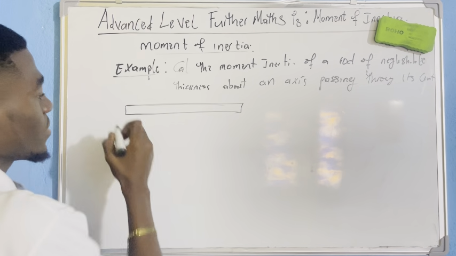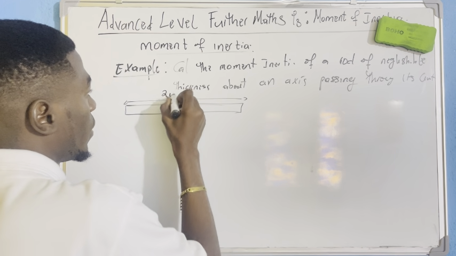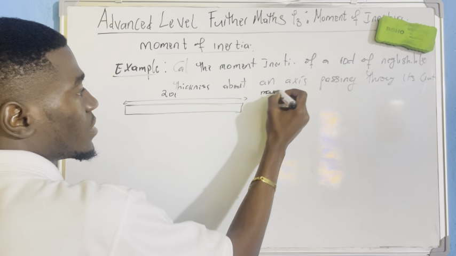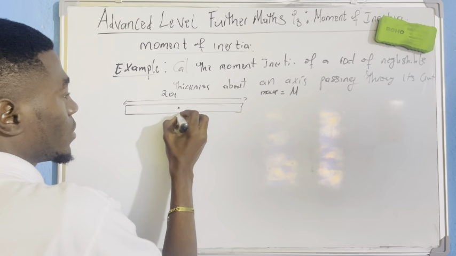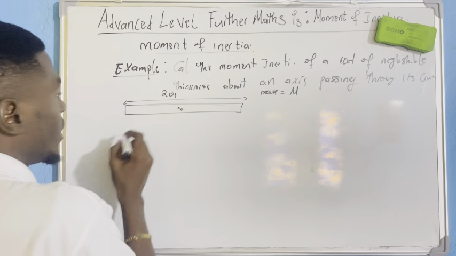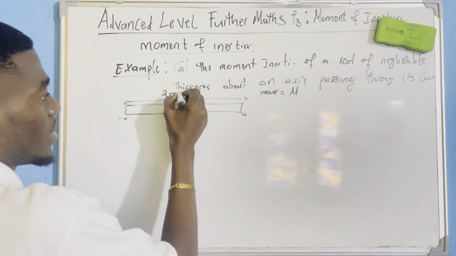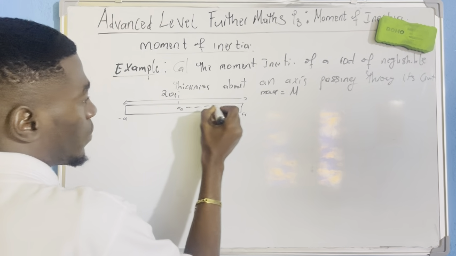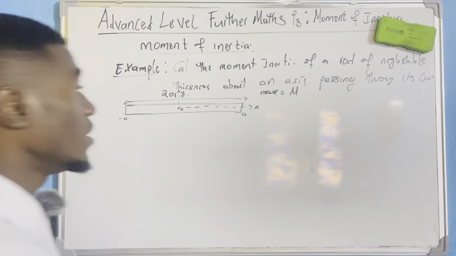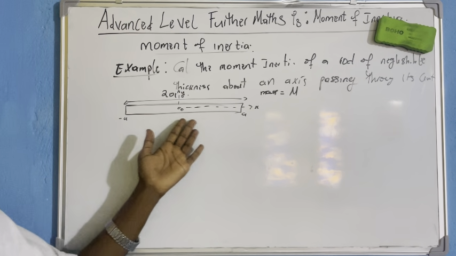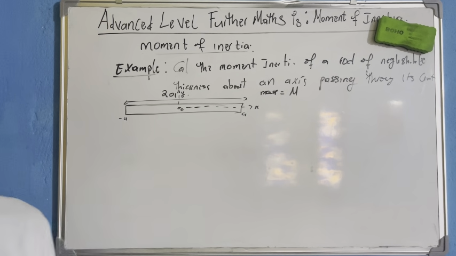Now let us say the rod has a length of 2a and the mass of the rod is big M. Then this is the center of the rod here. If I call this the center, it means that here should be negative a, and here should be a, for here to be the center. It means I can put my axes here: this is the x-axis, this is the y-axis. So I want to calculate the moment of inertia of this rod of length 2a, mass M, of negligible thickness.